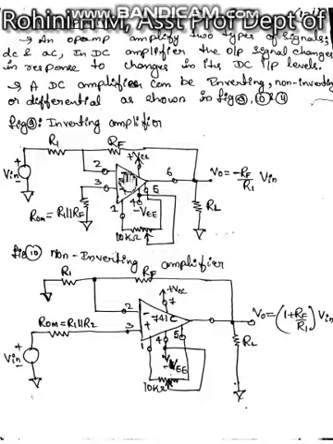In the inverting amplifier, we apply the input to the inverting terminal. In the non-inverting amplifier, we apply the input to the non-inverting or positive terminal. In this case, when we apply the input here, this terminal is connected to ground. The rest of the feedback circuit remains the same. As we know, the inverting amplifier output is given by the inverting gain, minus RF by R1, into the input voltage. The non-inverting amplifier gain, as we calculated, is 1 plus RF by R1 into Vin.